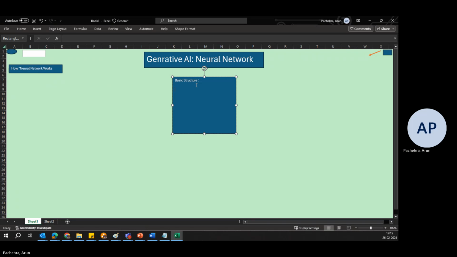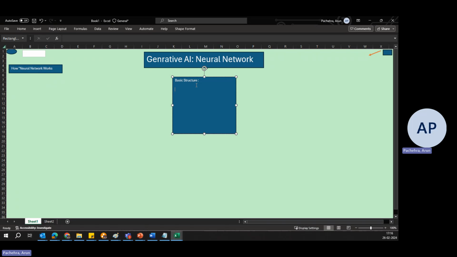First of all, a neural network in AI is a computational model, but that's what models do. It's a computational model inspired by the structure and function of human brains, as we already said. It is designed to simulate the way humans learn, making it a powerful tool for machine learning and AI applications, specific to generative AI.